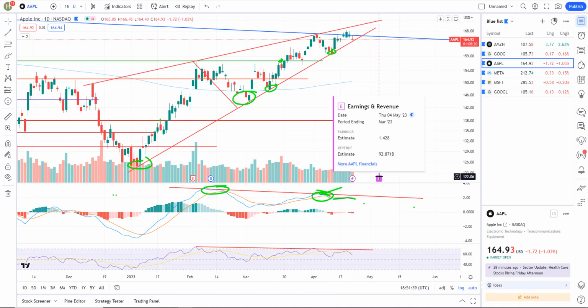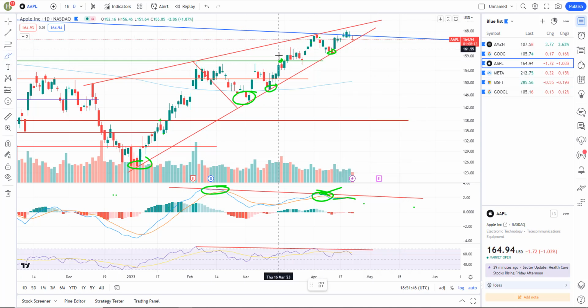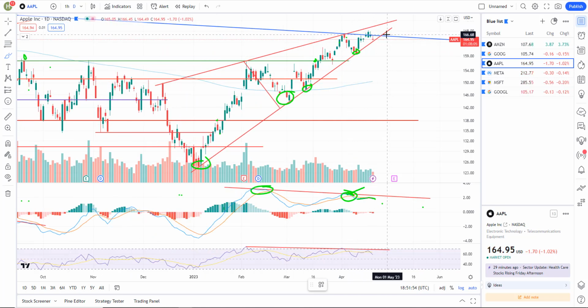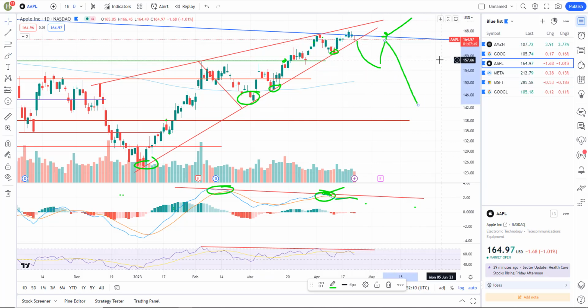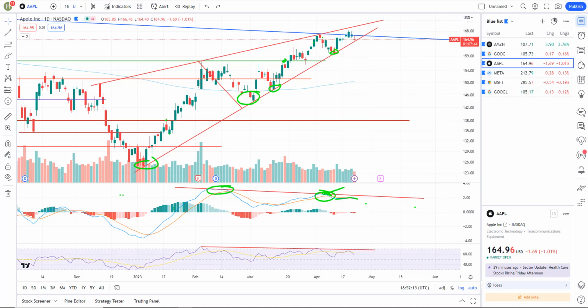Now we do have earnings coming up in early May, so 2 weeks from now. I don't know if we can stay within this wedge for the next 2 weeks. It's always possible, but what I think may happen is we break down from the wedge, then earnings come out and they pump earnings for a back test, maybe a back test after earnings, and then probably a continuation to the downside. Just a hypothetical, because obviously none of that has happened, but something to look for.